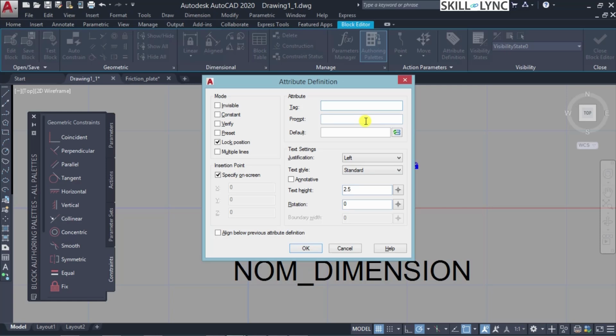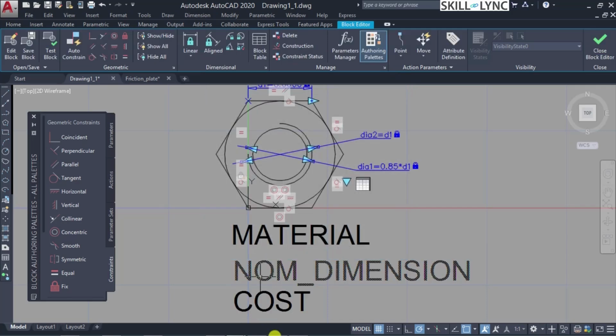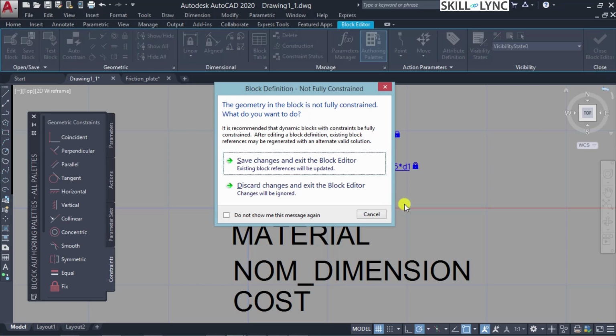So the next is the cost of the nut, and say by default it is 50 rupees or so. You can also set this align before previous attribute decision so that it gets aligned automatically instead of inserting it. So now once this is done, click on close block editor, and a prompt shows whether this